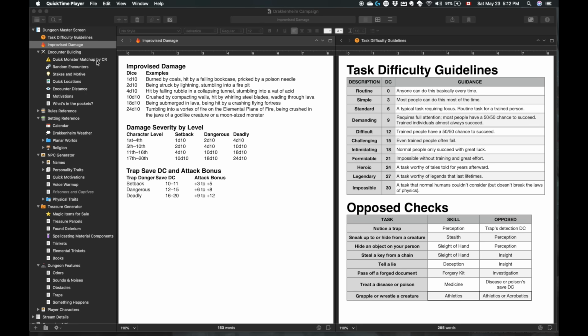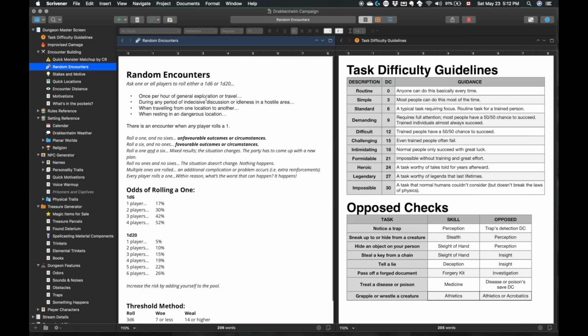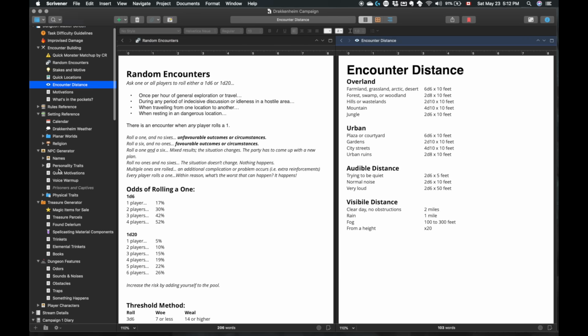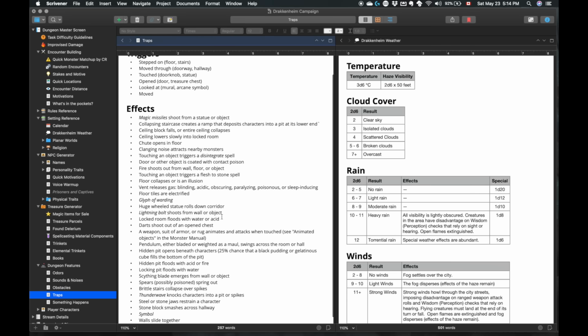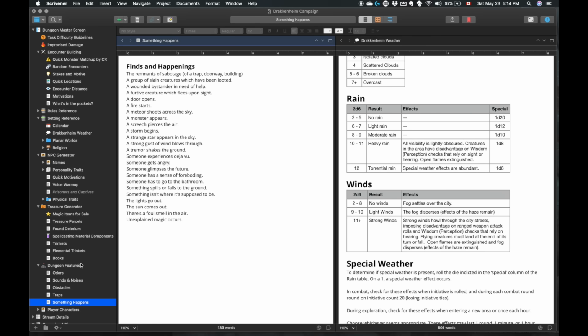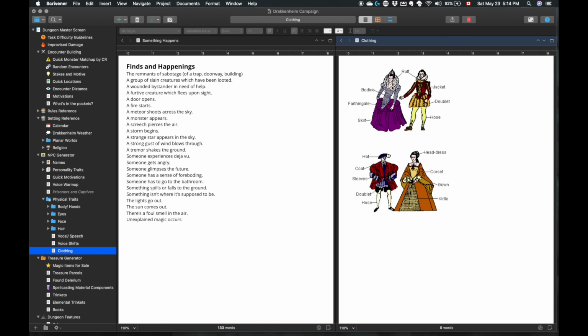Not only do I have all the details for my campaign world, my journal of my campaign put into Scrivener as well as notes on all the player characters, NPCs, locations, and even my dungeons, I've even put in the notes that I use for improvisation, including things like the DC checks of different skills. The quick things that you would need to refer to on a Dungeon Master screen are all here, things like random weather generators. I have all my notes for random encounter generations,